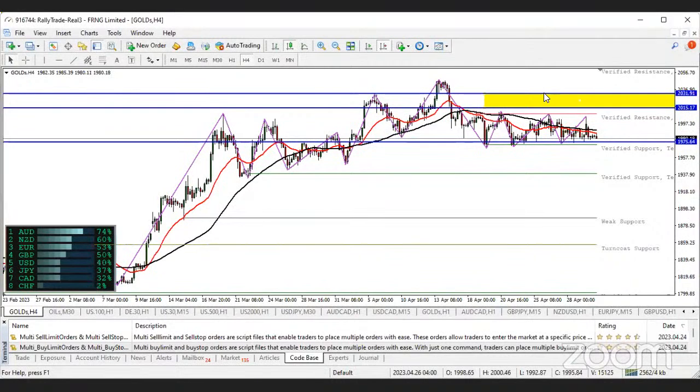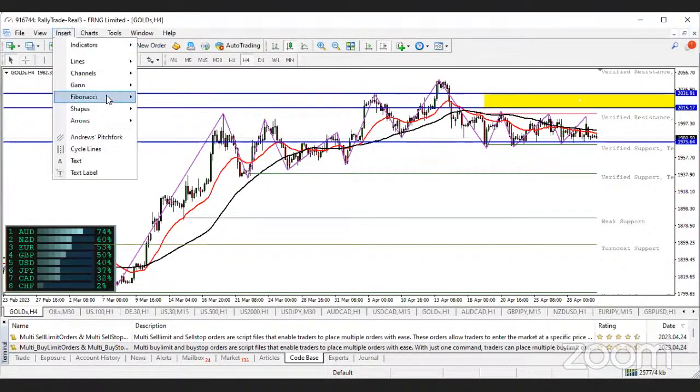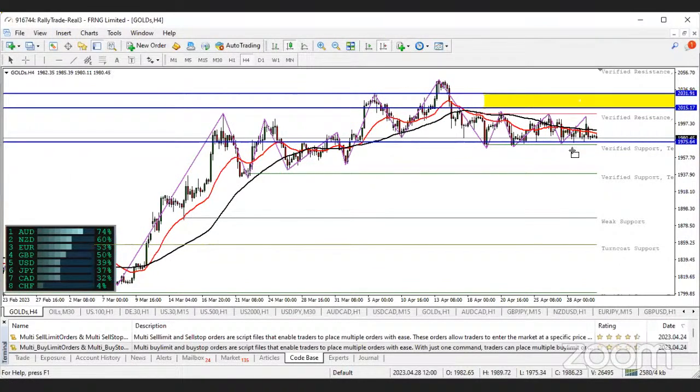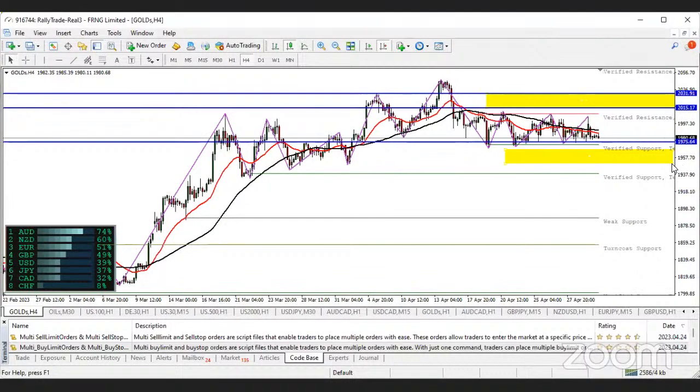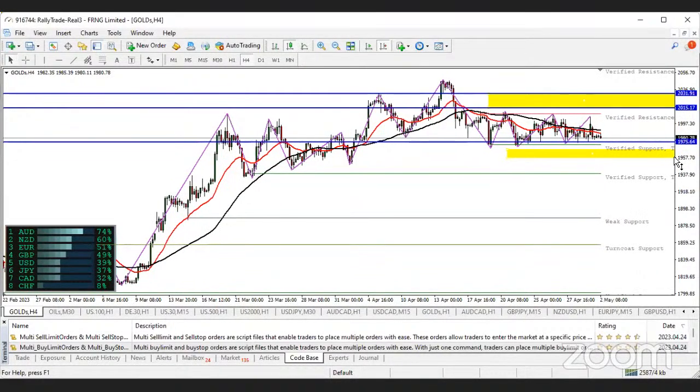If you're looking forward to a sell trade, then to be relaxed, the reason is because I want you to enter a sell trade and be relaxed. Wait for it to break below this verified support. You get a clear confirmation bearish candle that it has broken below your verified support. That's between these points.